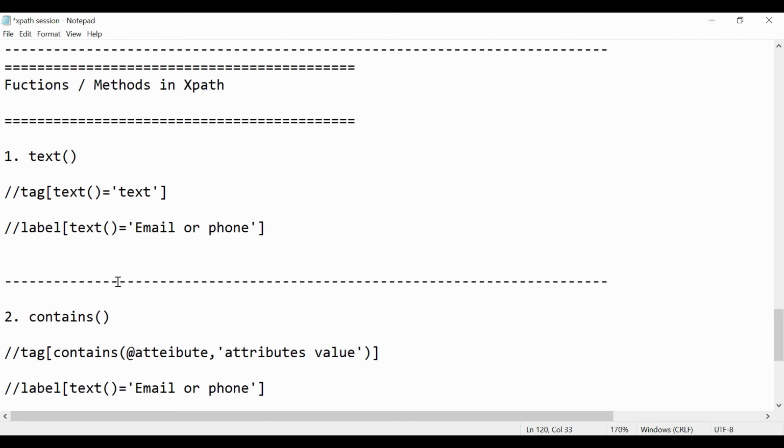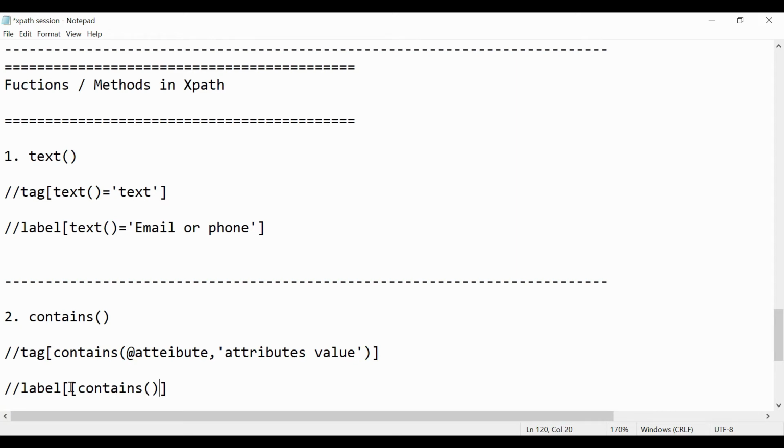So if I want to change this into this, use this contains. Then it will be easy.